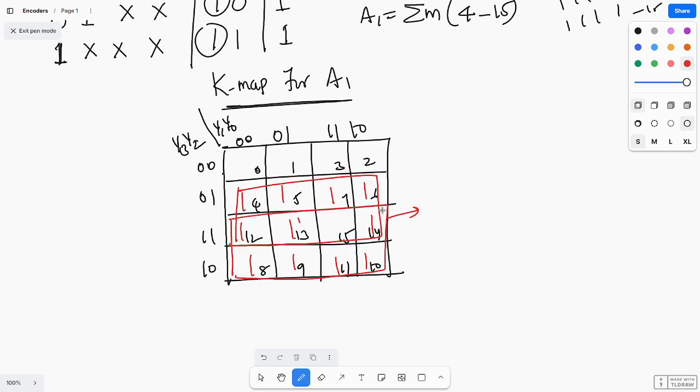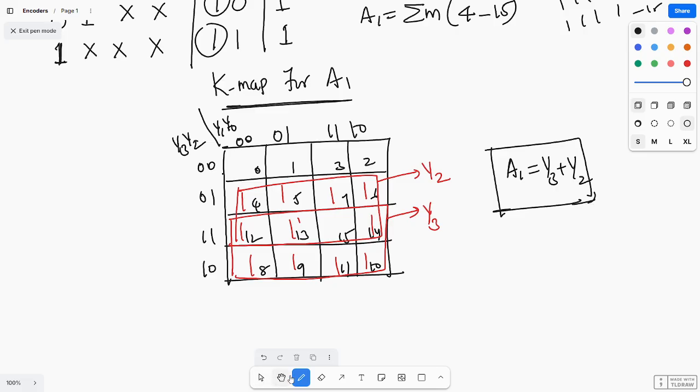If you write for this, this is y3 and this is y2. Okay, so what is my a1? A1 equal to y3 plus y2. This is my a1. Okay, and next